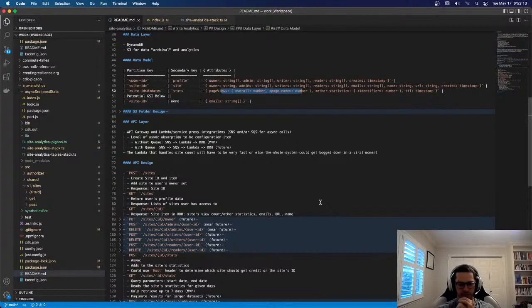The updating is going to be tricky. The reading is easy and cheap, but